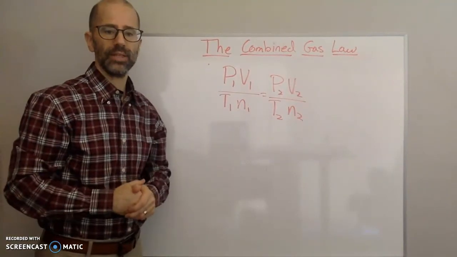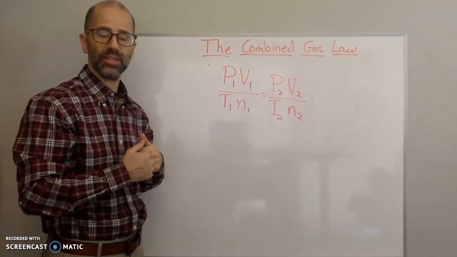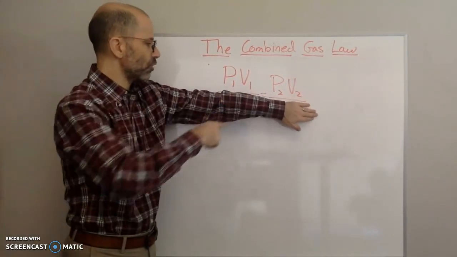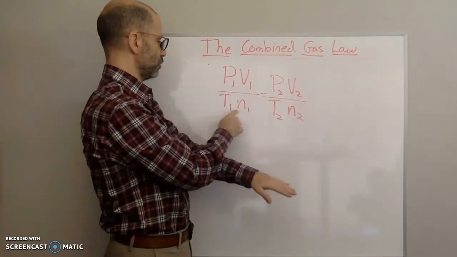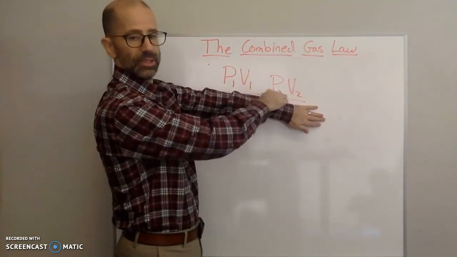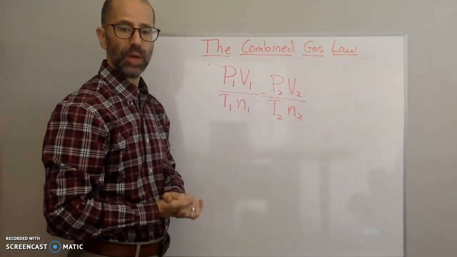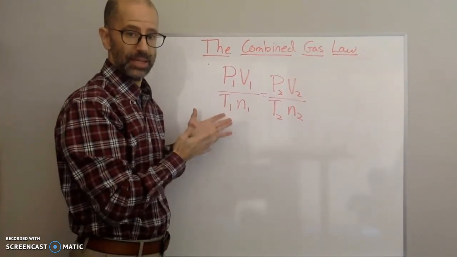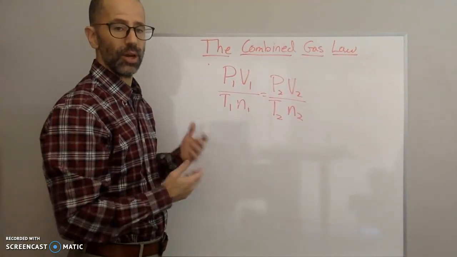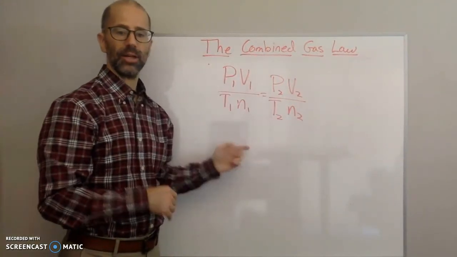So depending on what is constant, you can ignore that in your equation and then use the equation that's left over. And so you don't even need to memorize what these are. You don't need to know that that's Boyle's law. All you need to know is, well, if temperature and the amount of moles is constant, then I'm going to eliminate that and I use what's left over. P1 V1 equals P2 V2, right? So I use that equation to solve this problem. So it would be nice if you know that that's Boyle's law, right? But do you need to know that it's called Boyle's law in order to solve the equation? No. So all you need to know is that this is the combined gas law,